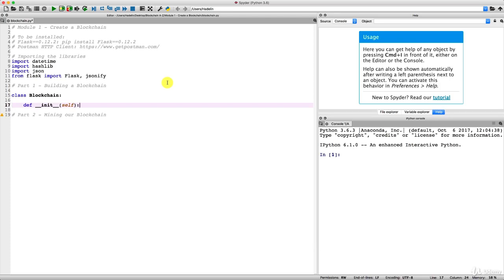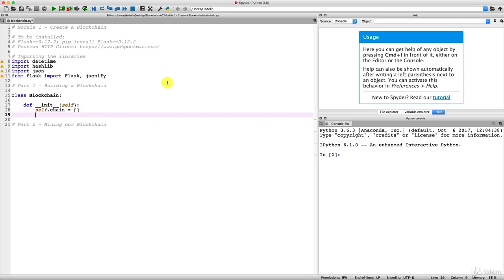Alright, so now let's initialize our blockchain. To do this, of course, we will need to initialize the chain that will contain the blocks. And so I'm going to introduce a new variable here that will be self.chain. And this will be simply the chain in the blockchain, the chain containing the blocks. The blocks are not there yet, but we're going to make them soon. So self.chain, and as you might guess, this will simply be a list containing the different blocks. And that's exactly how you initialize a list in Python with square brackets.